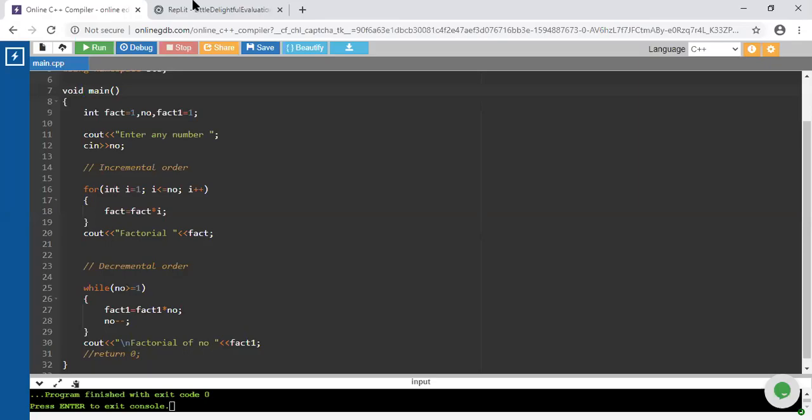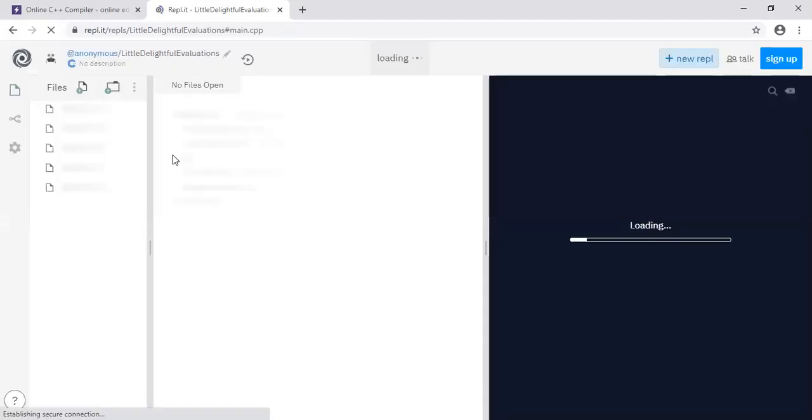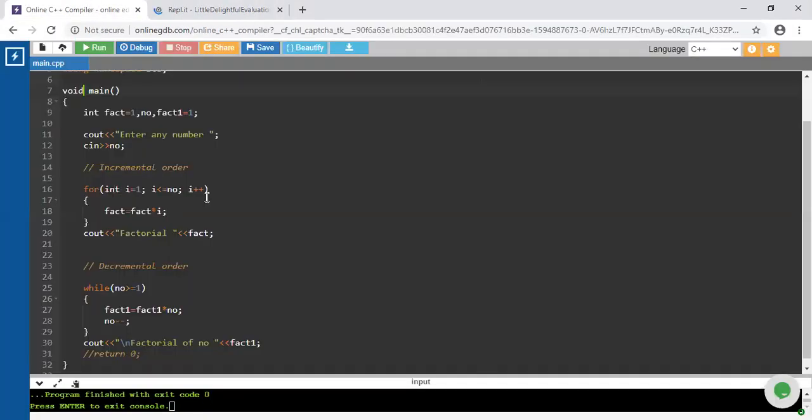But if you are using repl.it, this compiler is going to consider a garbage value for that variable. It depends upon the compiler, but most probably if you are not providing any value when you have declared that variable, by default the compiler is going to consider any garbage value which is available inside the memory. That is clear. So if you are going to use any variable, be careful about that. Just try to initialize that variable, otherwise don't use it.